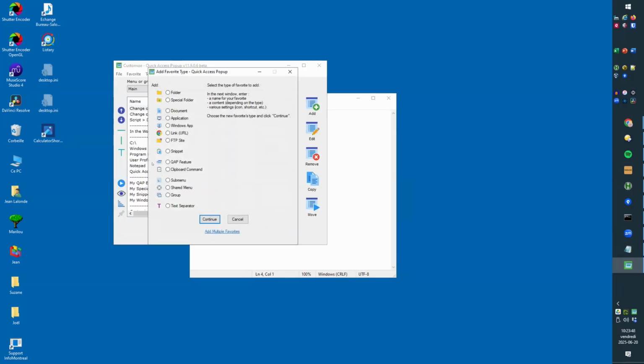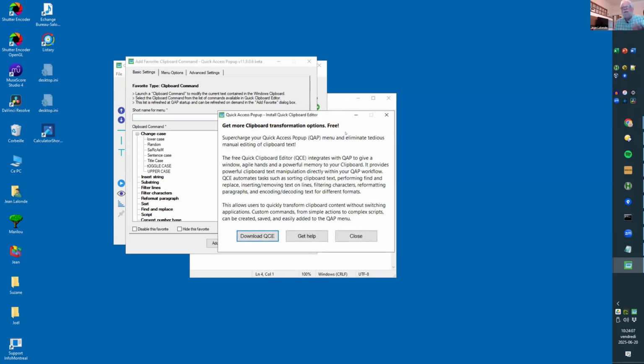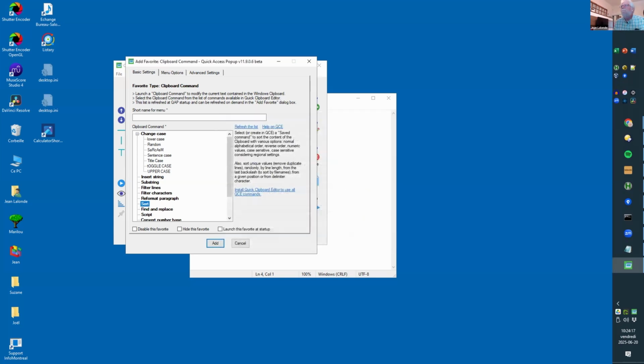So, clipboard command here, because QCE is not running, I have nothing available in this command. I cannot select substring, filter, or sort or things like that. That needs to be configured. But I can use this command here. And if I try to use another one, let's say I would like to sort, it will ask me to install QCE. So that's the way Quick Access Popup users can discover QCE, download it, install it. And when it's installed and running,